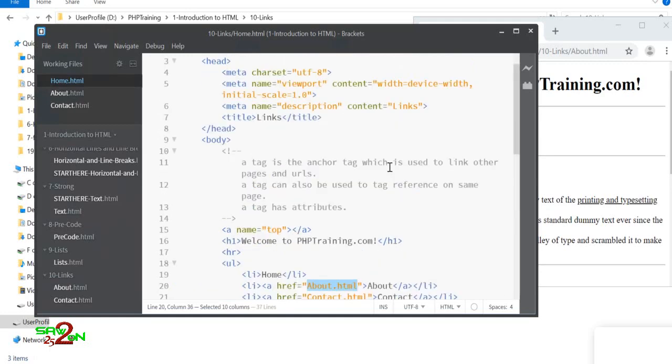And anchor tag, remember, has attributes, and anchor tag is the most important tag because it connects all the resources on the internet. If you want to give links to your Facebook page, Twitter page, you want to give links to your other pages on the website, you will be using anchor tag a lot. Okay, so that's all about how to use anchor tag, and I'll see you in the next one.